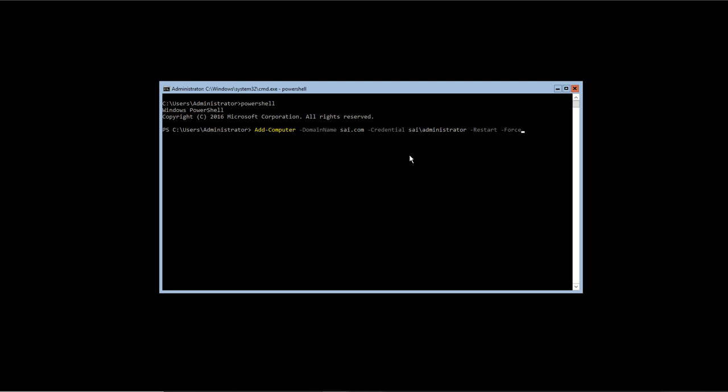So it will restart the system automatically, and then after restarting it will be a member of the domain. Now before going into the domain, we have to configure the other things also. That means the network IP, the same network IP, and these machines must be connected together. That means this core server and the domain server, those two servers must be connected together. Then we have to configure the DNS server IP. That is very important.